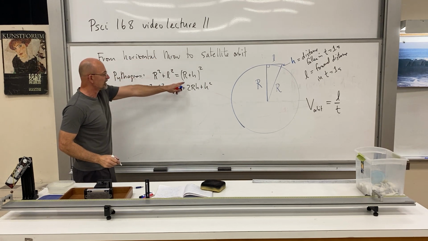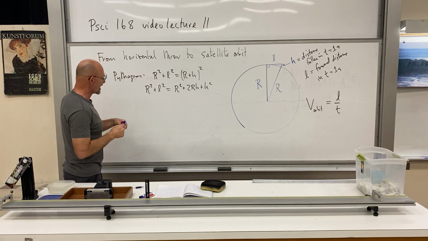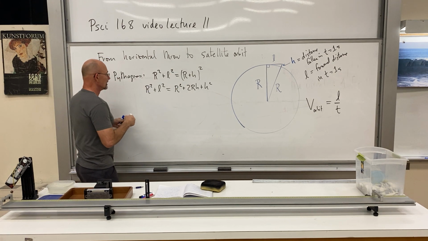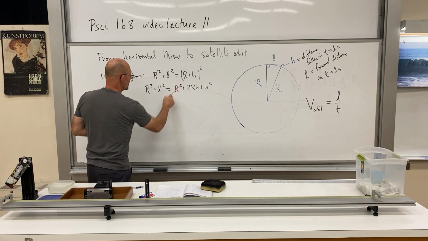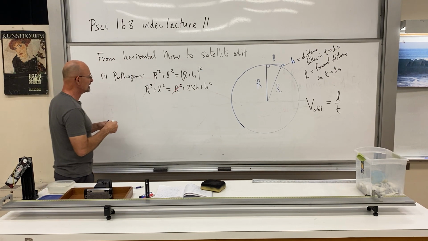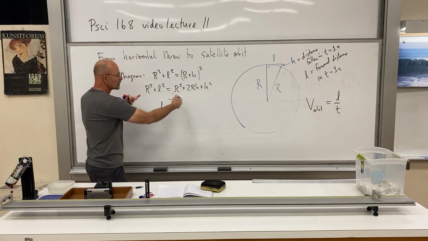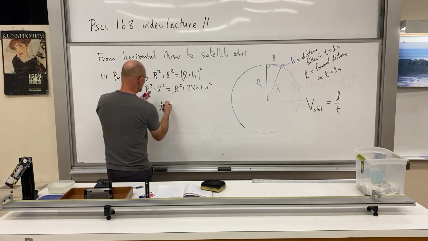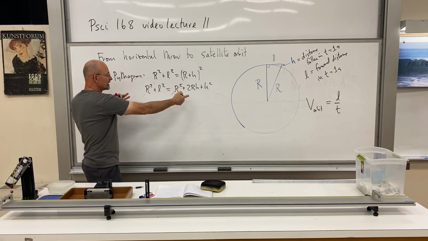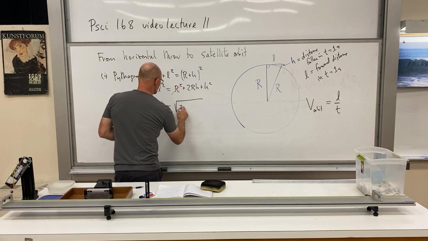Again, there's a step that you may want to remind yourselves of, but it's not hard. So I've expanded that out. These guys go away, and now I'm going to solve for L. L squared is equal to what's left. Take the square root of both sides,